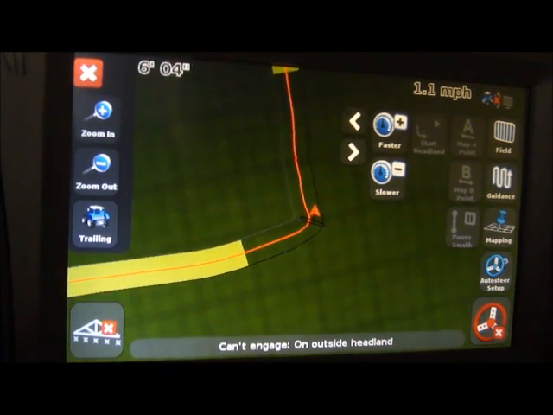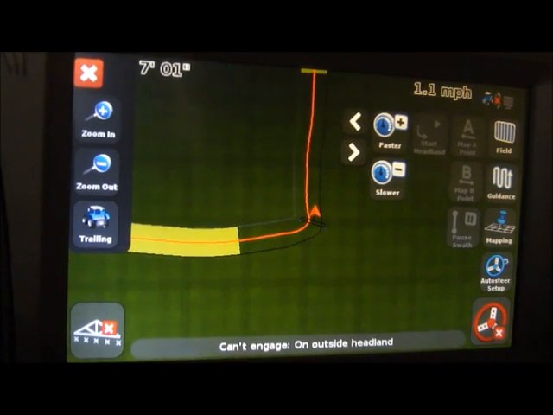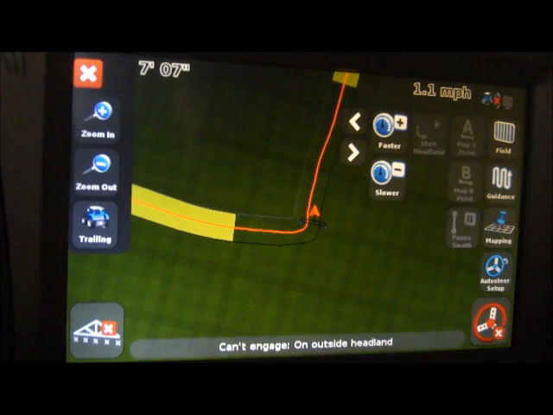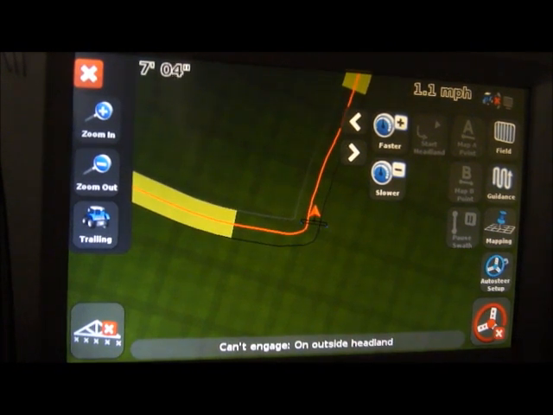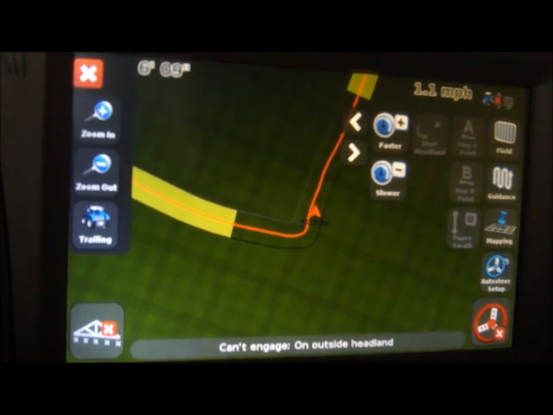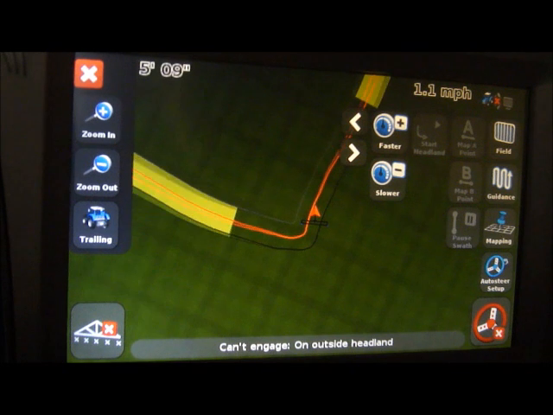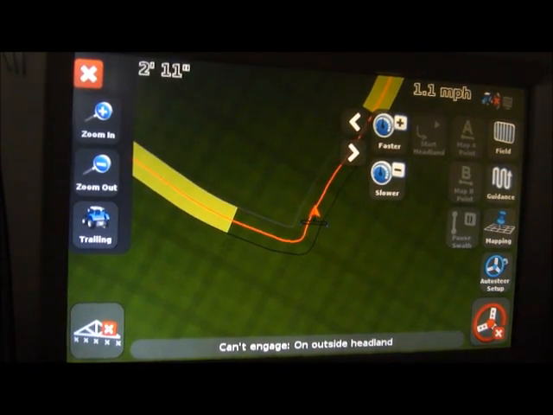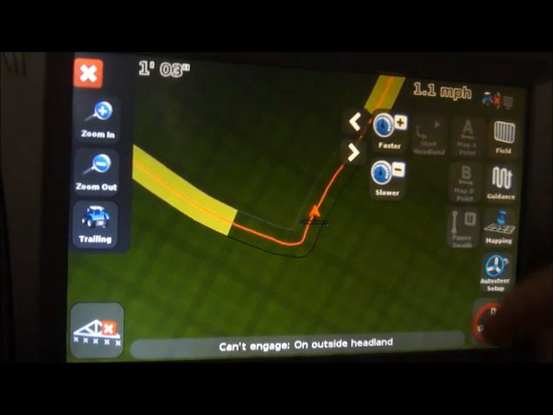and you will see we have a red guidance line behind where we were driving. You will see a black line to the right of where I'm driving now. That is your actual boundary. So it automatically drew it on the outside edge of your implement, the right hand side. And you will also see